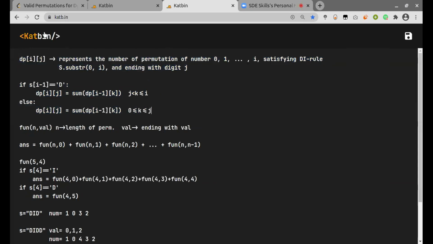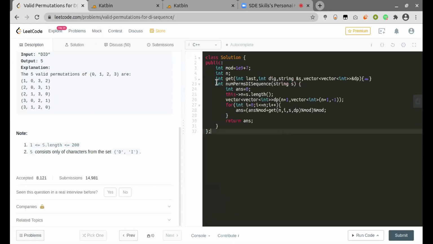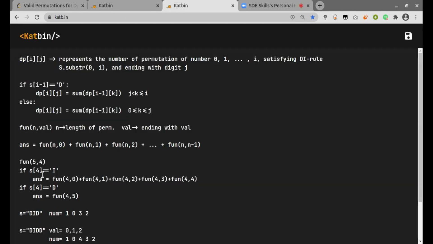Now, if I go with my code, first minimize this. So this is our base function. Here I've first declared a DP of n cross n size with -1. And I mentioned that our final answer will look like this, which is 0 to n minus 1.